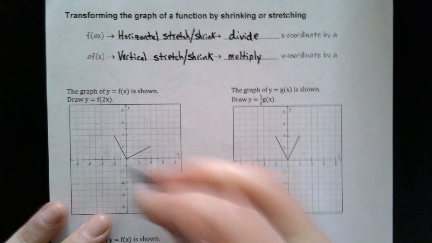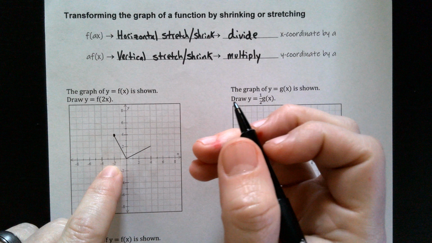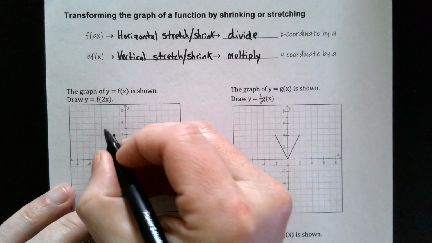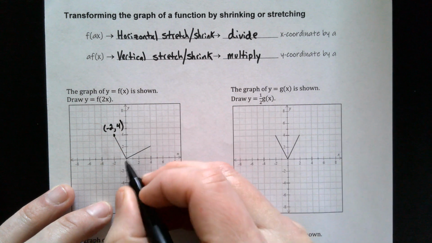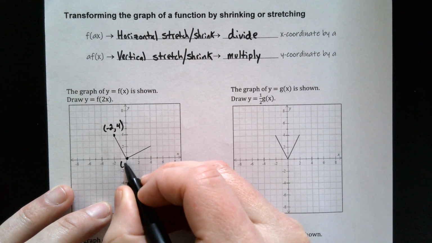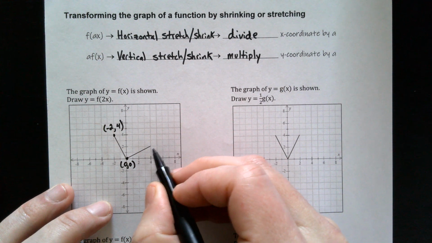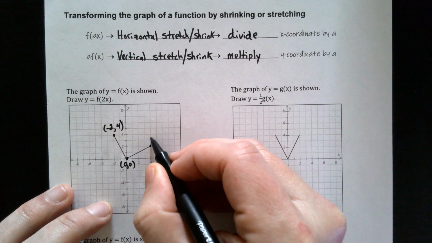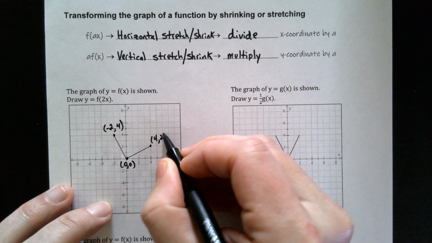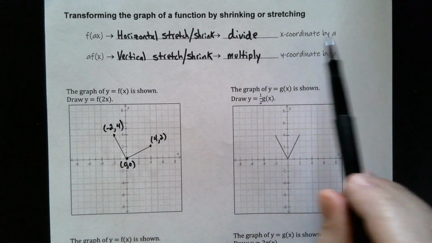So let's look at this point right here. What is that point on the graph? So that's -2 on the x-axis and 4 on the y. Okay, so I'll label that -2, comma 4. This one, of course, is 0, 0. That is at the origin. Okay, and then let's do one more. Let's do this point over here. That's point 4 on the x, 2 on the y. So 4, comma 2. Okay, so since it tells us we need to divide the x coordinates by a,